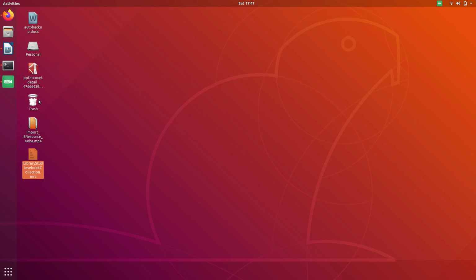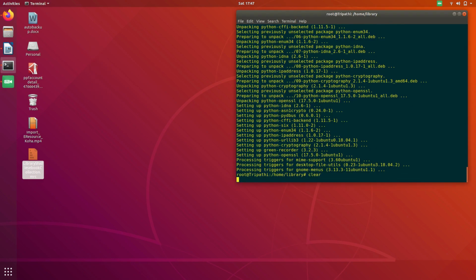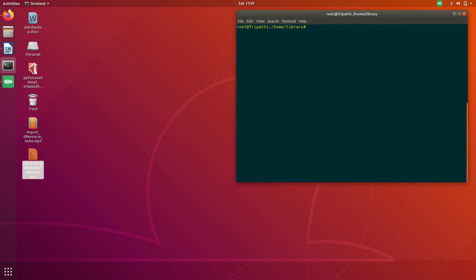For making this, we need one tool that is called MarcEdit tool, and this MarcEdit tool I have installed in Ubuntu, but if you are not comfortable in Ubuntu, you can use it even in the Windows operating system. So I'll start that one.